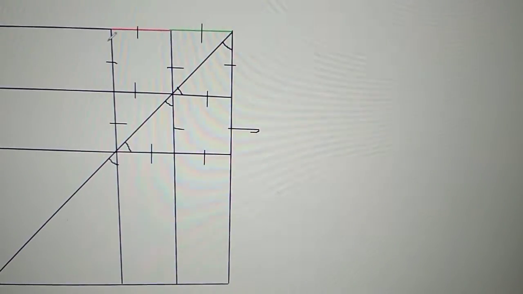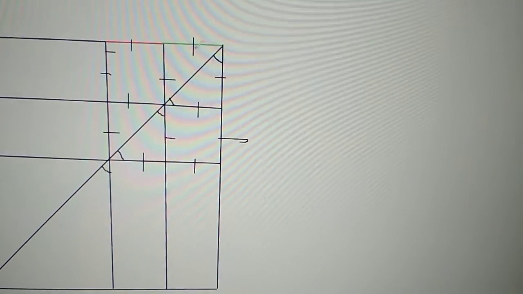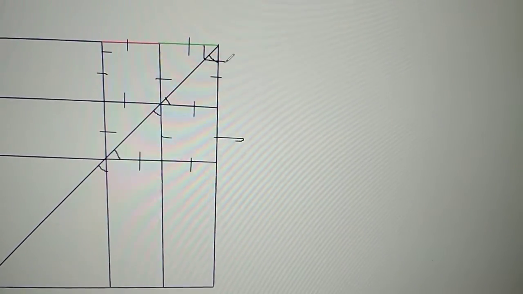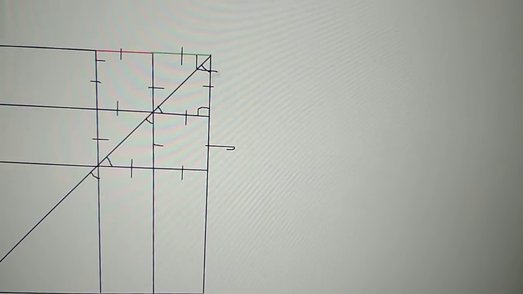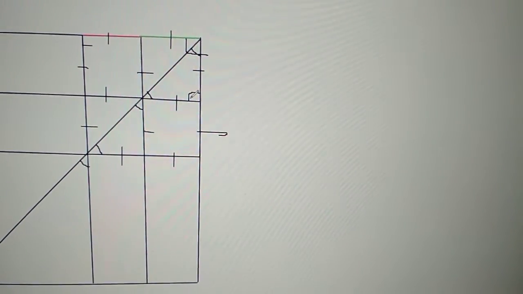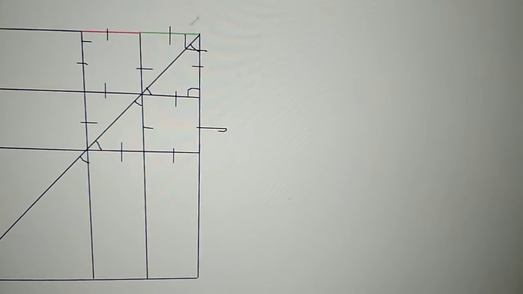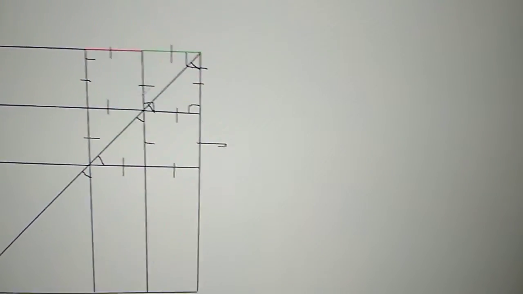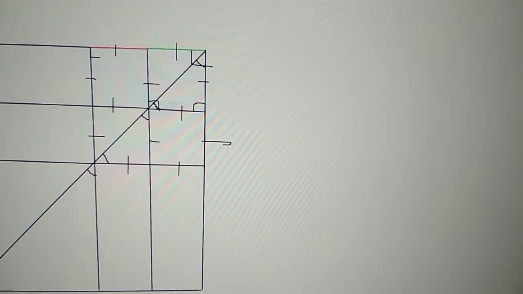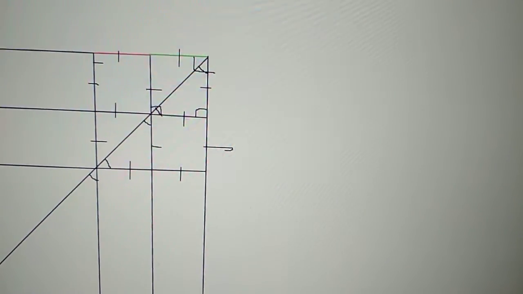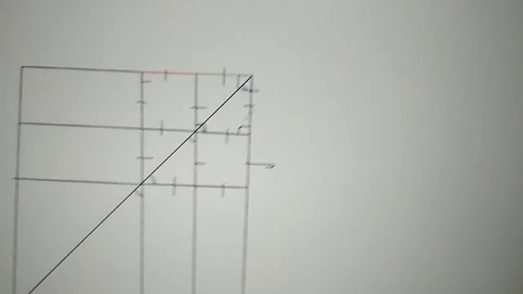they are squares. So this is a right angle, this is a right angle, these two are parallels, therefore this plus this needs to be two right angles, therefore this is a right angle because this is already a right angle. So a right angle plus something is equal to two right angles, so therefore this is a right angle. In a parallelogram, the opposite angles are equal to each other, so this